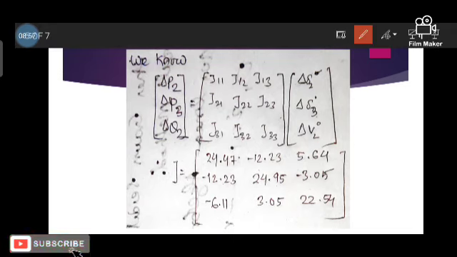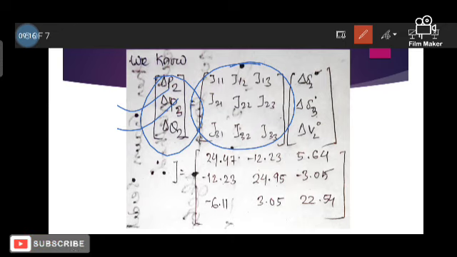So we know this formula also, that is the Newton-Raphson Jacobian matrix. This is our Jacobian matrix and this is our function. So del P2, del P3, del Q2 is equal to the Jacobian matrix into del 2, del 3, del V2. So here the Jacobian matrix will be formed. How will it be formed? J11 is what? Del P2 divided by del delta 2.